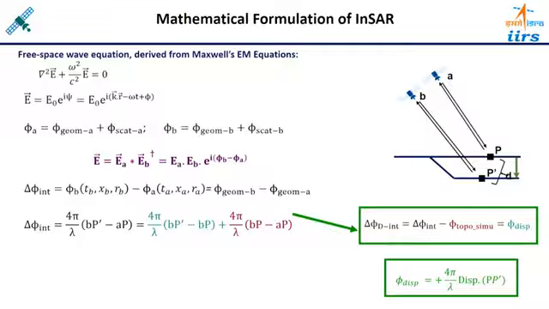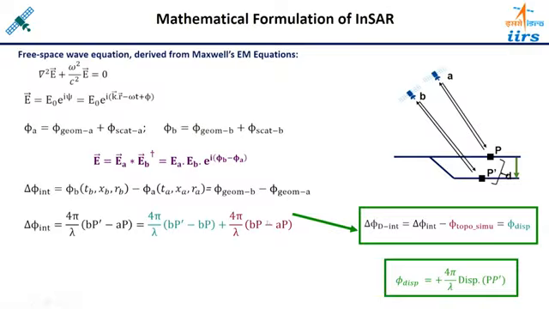Suppose the time gap is t1 to t2, so some time gap is also there, which you cannot ignore. So after considering these assumptions, we get this simplified form of the interferometric phase, which